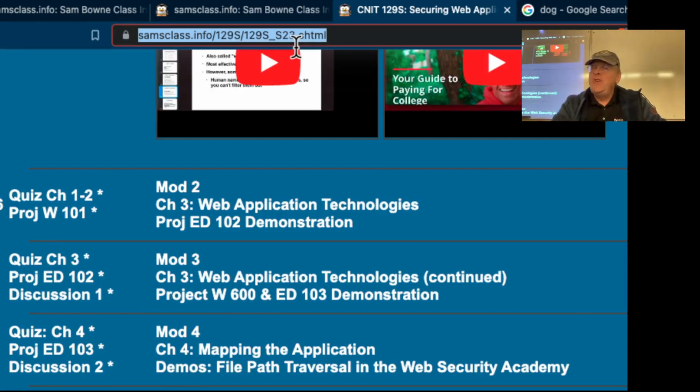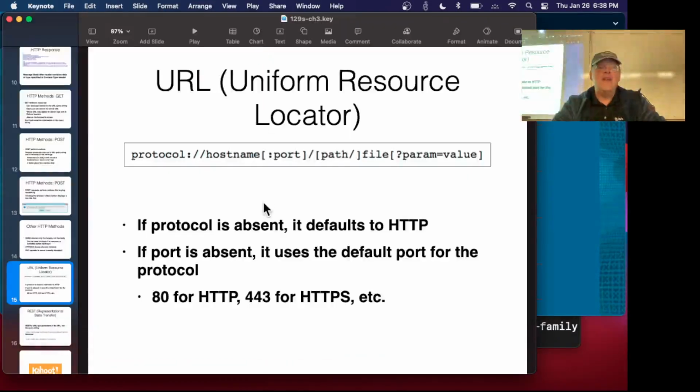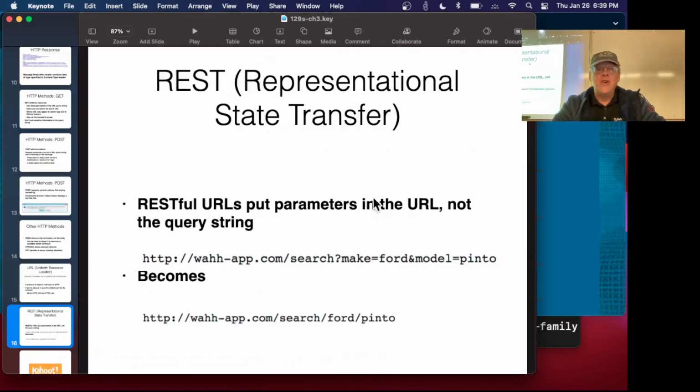But you can choose to use this thing called REST, Representational State Transfer. Now the old-fashioned way, you do it this way. You'd have the name of a server, then the name of a file or a folder, and then a query here, the way Google has it. But you can choose to put the parameters in the URL as if they were folder names. I don't know why people do this, but it is pretty popular. They call this REST. So you put parameters here instead of that, and your server will just interpret these folder